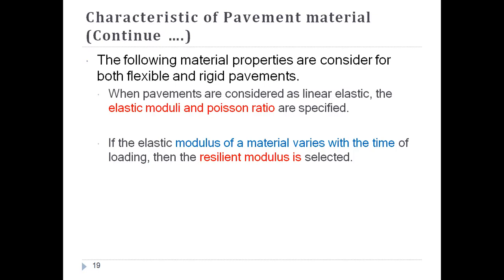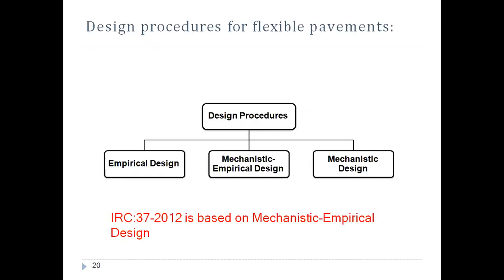When the load is applied, the granular particles expand, or elasticity is produced in these granular particles to some extent, and when they are suspended from the load, these granular particles restore to their original structure, which is nothing but the resilient modulus. So based upon the resilient modulus, the pavements can be selected, and also the pavements are considered as linear elastic. These elastic moduli and Poisson's ratio are specified for the laying of pavements.